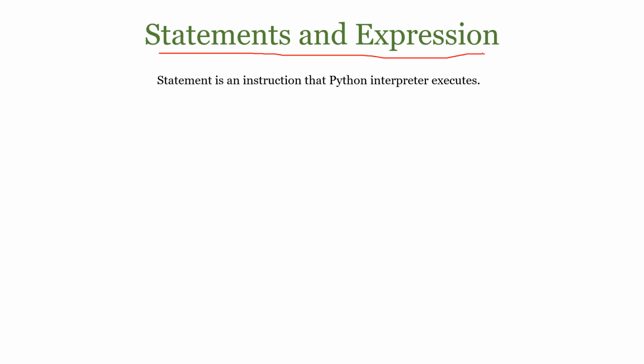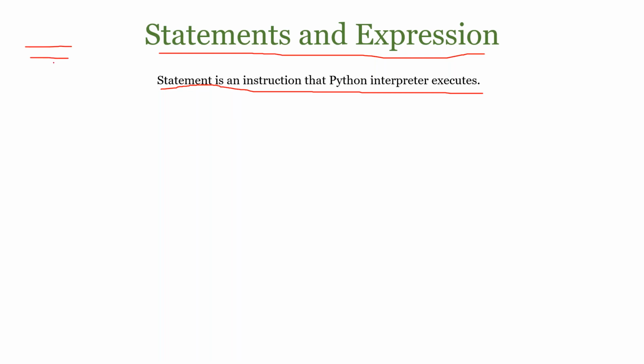If we are able to give complete attention, you will be able to handle it very clearly. So a statement is an instruction that the Python interpreter executes. You remember in the beginning of the class we said that Python is an interpreter type of language, so line by line,